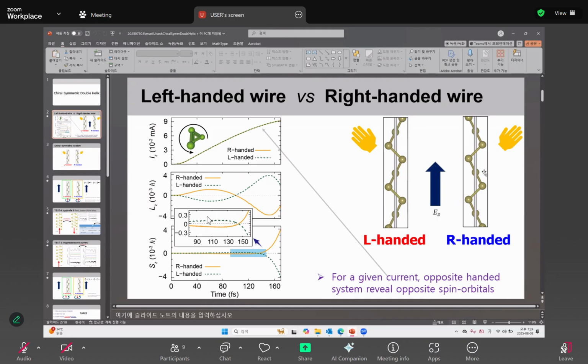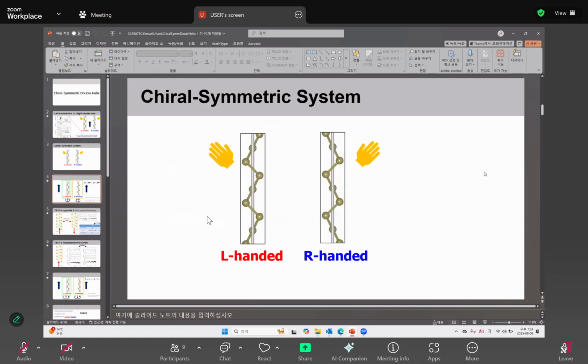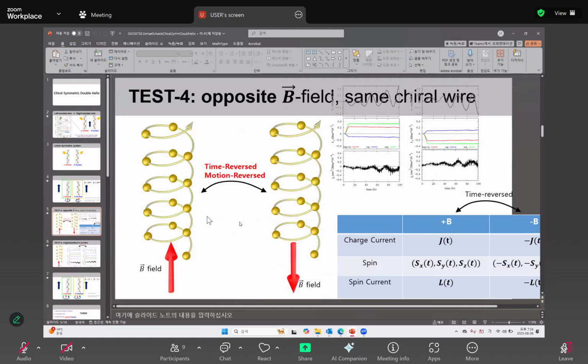And we have a very interesting result: for example, these two systems, if we have the same wire, both right-handed, if we apply the B field up and the B field down,